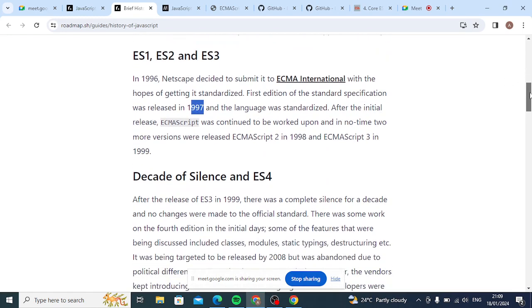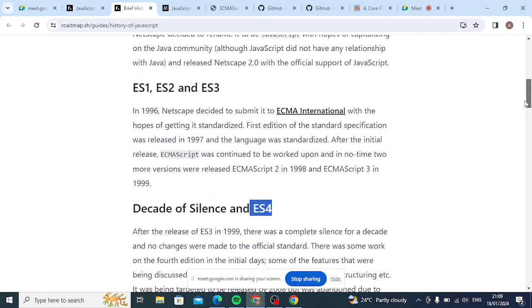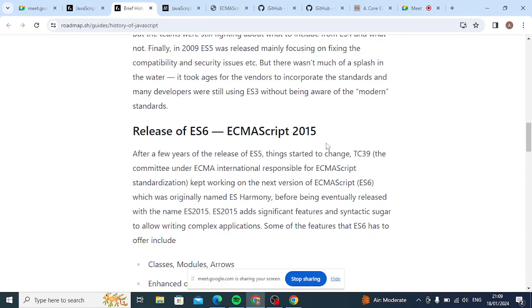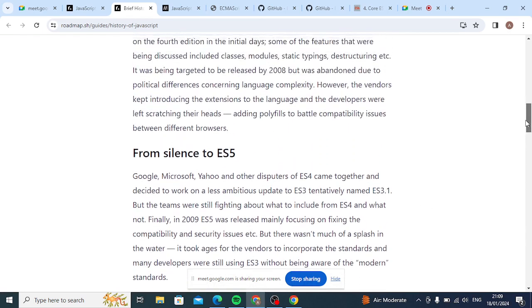And then a decade of silence, almost 10 years, there was no new version, no upgrade to the language. In 2008, they released ES4. Till then, there was no release. It's just like car manufacturing. You might know that every year they release a lot of new models, and sometimes they stop, for some reason. The same thing happened here. They did not release a newer model, they were just trying to use ES4. They didn't know how to evolve. Kind of stuck.